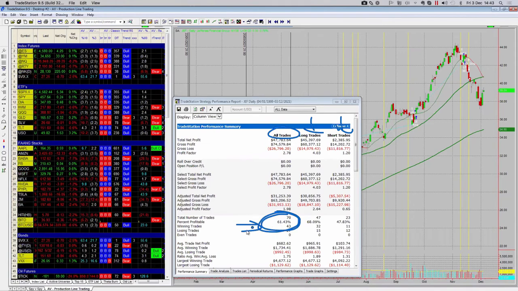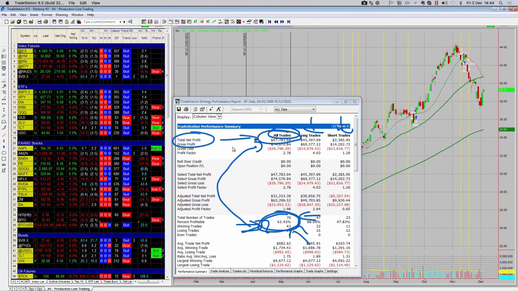Now, the next thing, because a win rate on its own is complete bullshit. Just keep that in mind. If anyone's talking about 80% win rates, 60% win rates, 100% win rates, it's all bullshit on its own, because you've got to then check, does it actually make money? All trades, net, there we go. So does it make money? We've got a win rate and it's making money. It's got a profit factor of 2.78. What does that mean? That means you put $1,000 in, you're going to get on average $2,780 out.